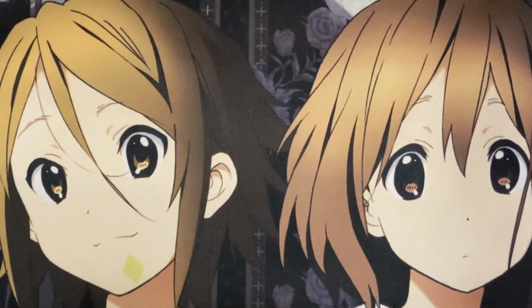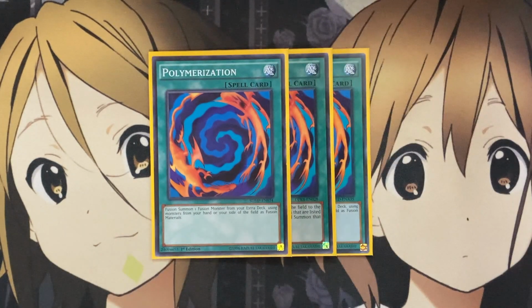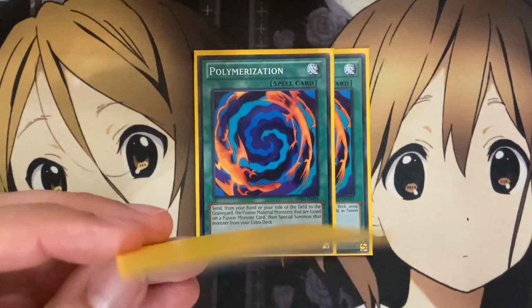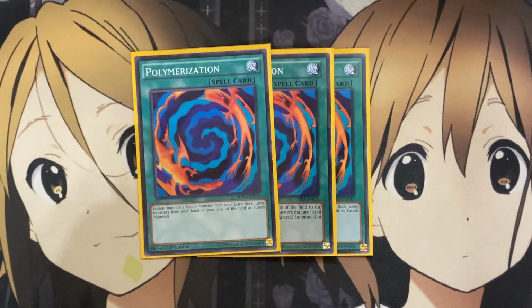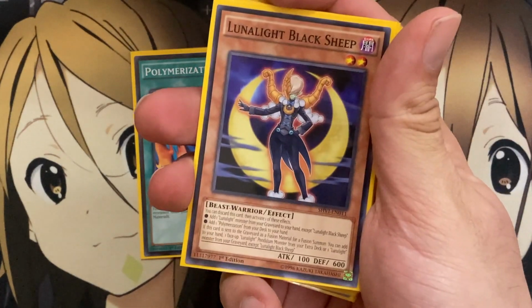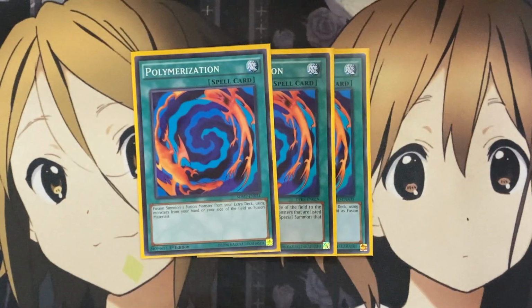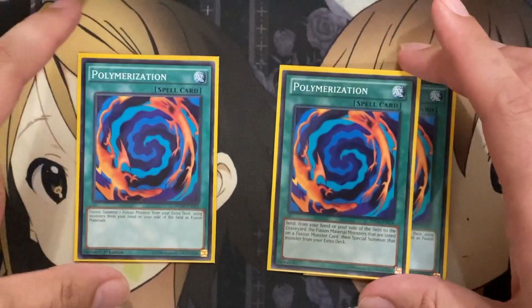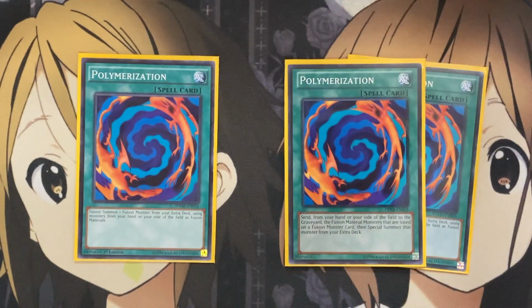For the other fusion requirements, I also run 3 Polymerization. Now, I was debating lowering this down to a one-of card in the deck, just because we have cards like Lunalight Black Sheep to search it from the deck, and cards like Kaleido Chick to recycle it from the graveyard. If you wanted to drop Polymerization down to a one-of, the other 2 cards you can run in the deck are Foolish Burial Goods, because Foolish Burial Goods